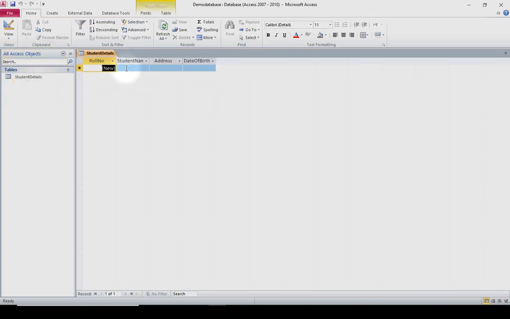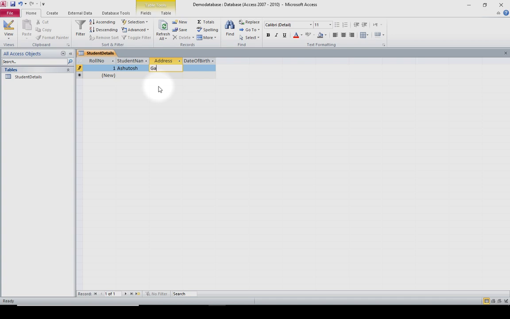Now click on the student name. We will not enter any value for the roll number column because it is already specified as auto number. So the data will be generated automatically by Microsoft Access. Now let's enter some student name here. I will say Ashutosh.